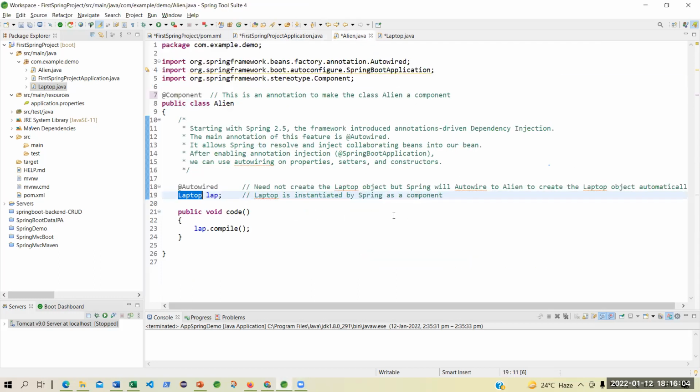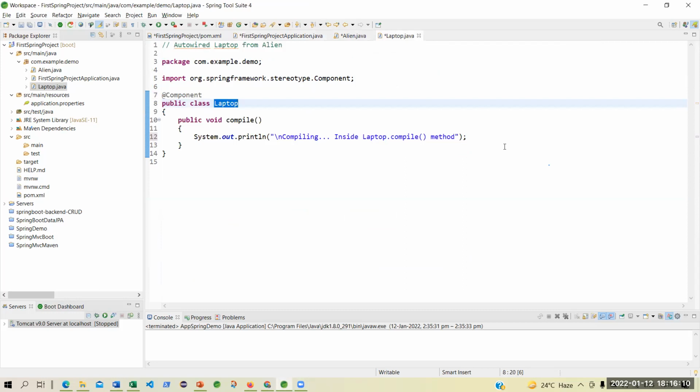Now, did you understand Align? Okay, first of all, let me go to Laptop. Laptop is one simple class, like a POJO class. I am saying public class Laptop. Yes, I have given this annotation such that this class becomes a component.